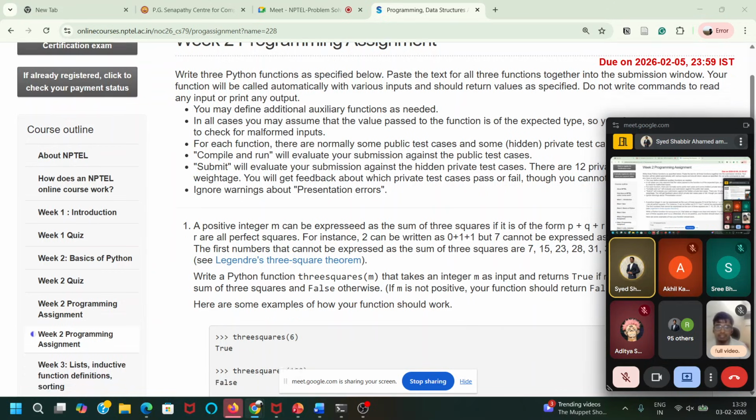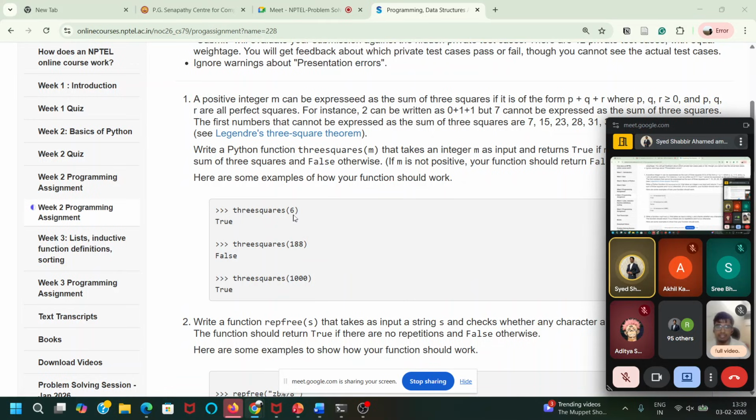Let's say you have 6. Can you represent 6 as a sum of three squares? Meaning three different numbers, like that. So can you do that? Let's say 6, you can do like...